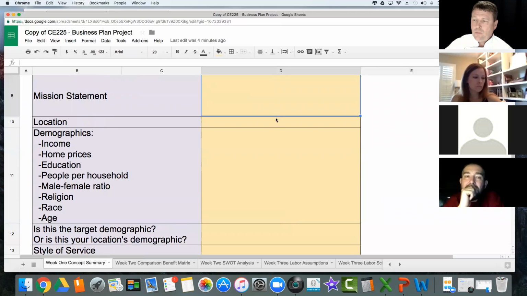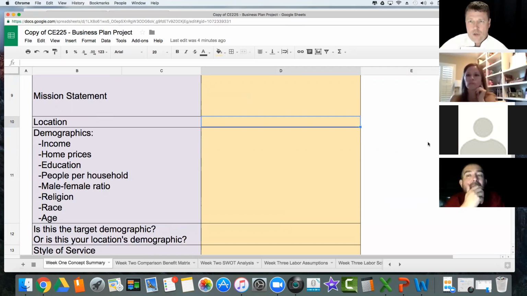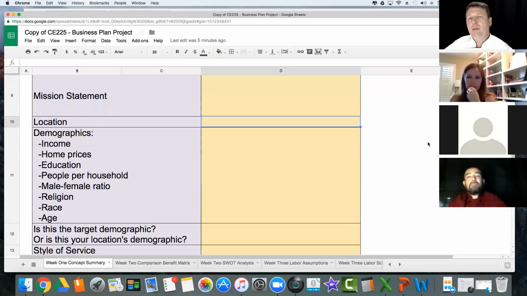location. Location is obviously important. Without the location, you cannot do your demographic. All right, the demographic, of course, is crucial. So even if you plan on making your restaurant in a different location than where you're at now, you've got to find the demographic for the location that you're planning on opening, okay?